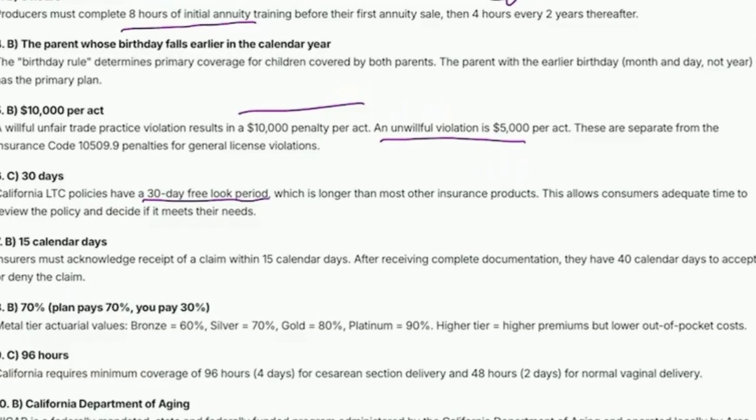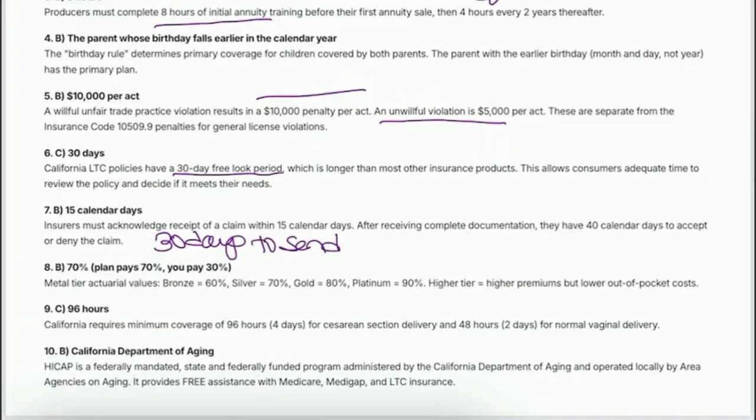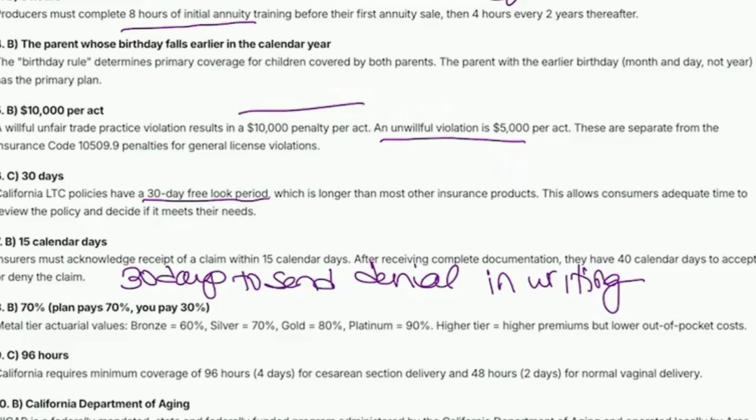Number 8 is 70, silver. I can't answer these off the top of my head. I've never been able to. I don't know why. It just doesn't stick. But what I do is I write them down. When you're taking the exam, you're going to have either scratch paper or you can write on the board. And so when the question comes up, I do know that it's bronze, silver, gold, and platinum. And I know that it starts at 60. So bronze is 60, and then I would know 70, 80, 90. And then I can answer the question.